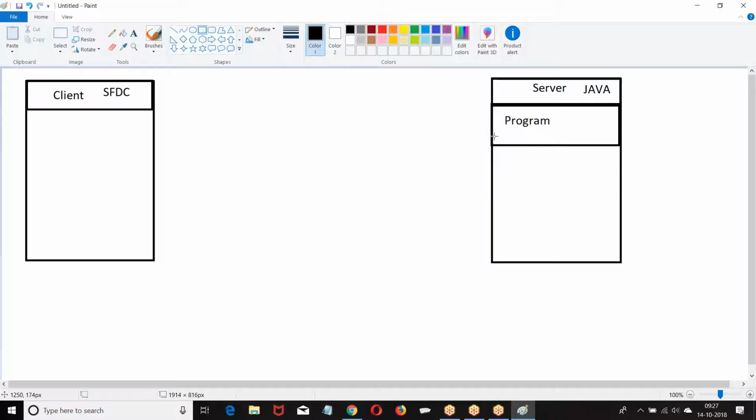The program on the server is written using Java. Programs on the client are written using SFDC. Here they don't use any URLs. When you go to SOAP API, they don't use any URL. They only share the direct class. So the program is in Java, and the client understands only SFDC, then what will happen?